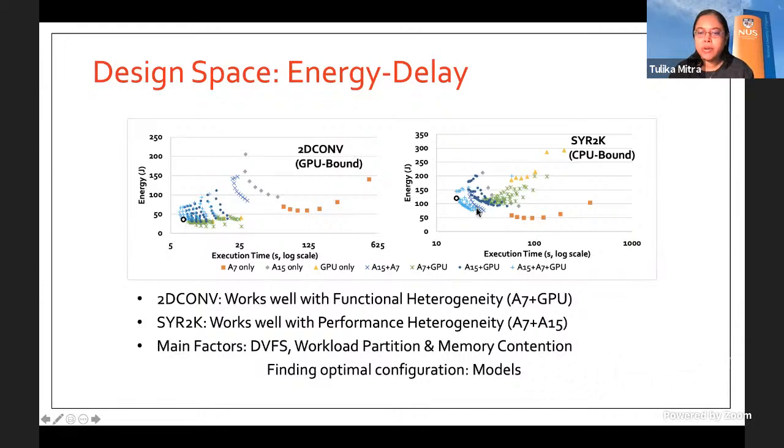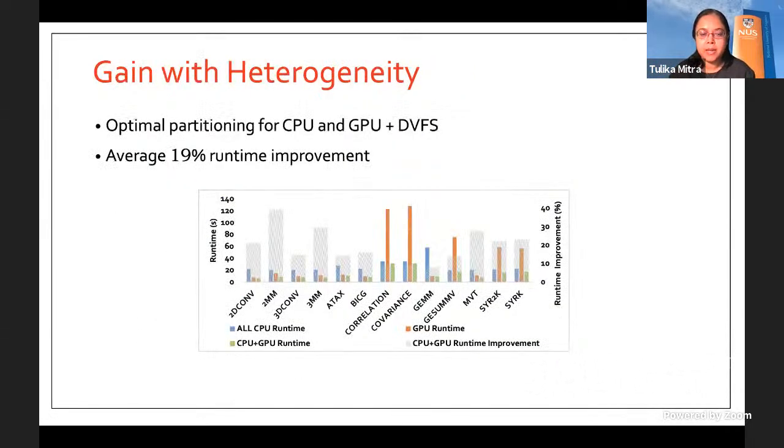On the other hand, if you look over here, this is SYR2K, which is a CPU bound application. You can see again that even though using all of the cores gives you the best performance-energy point, the ones that are closer to it, for example these, do not have the GPU. This is just the small and the big core, the reason again being that this is a CPU bound application. So what we do here is develop a lot of models that can easily get you the best point to use in order to partition this workload across the different cores, and also do the dynamic voltage frequency scaling. We get on average about 20% runtime improvement compared to running it on a single